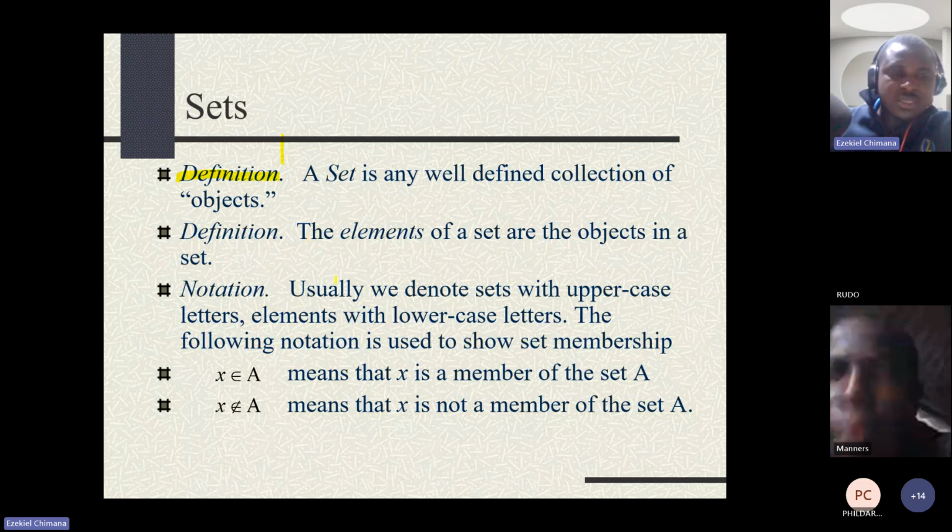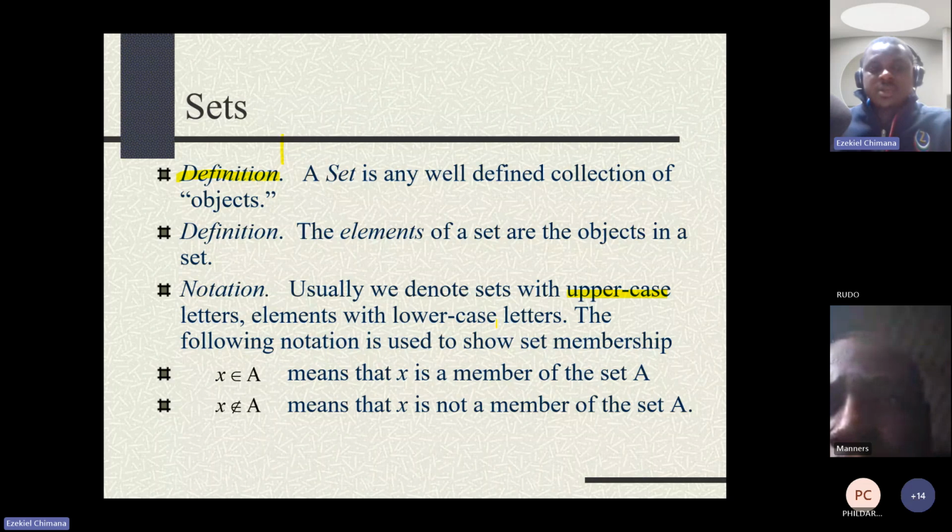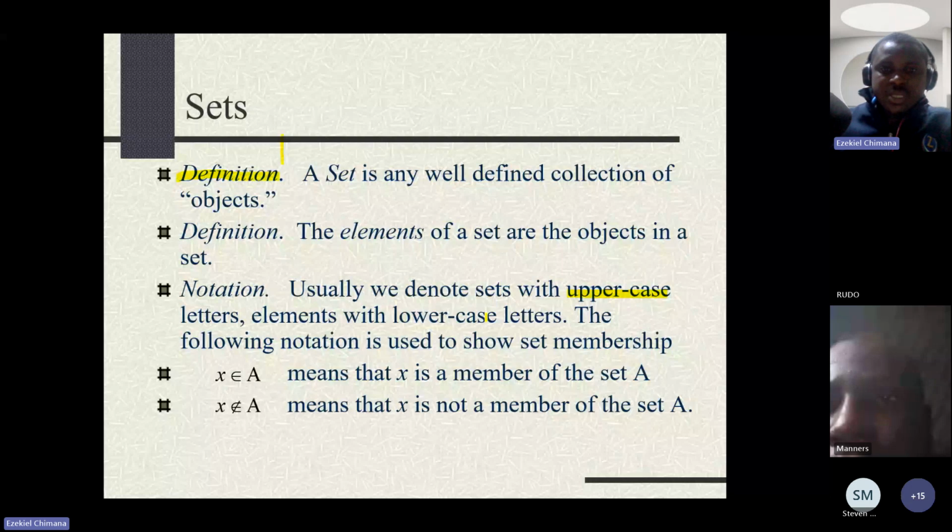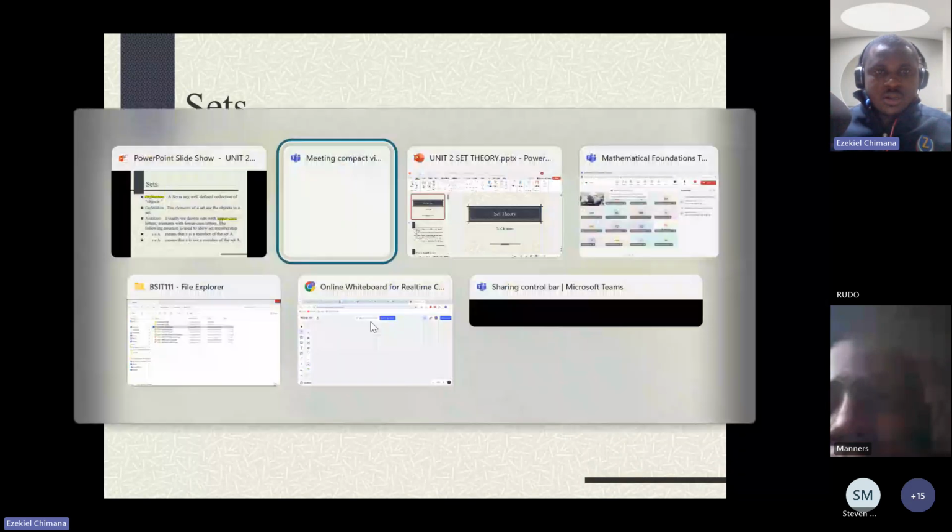So notation, there's the set notation, the way we use to write our sets. Usually we denote sets with uppercase letters, elements with lowercase letters. So if the set is students, we use capital letters, maybe S, to represent the set itself, and then